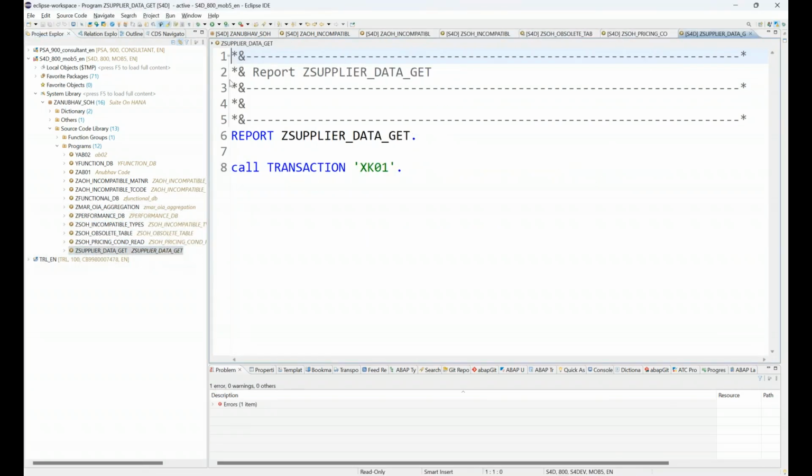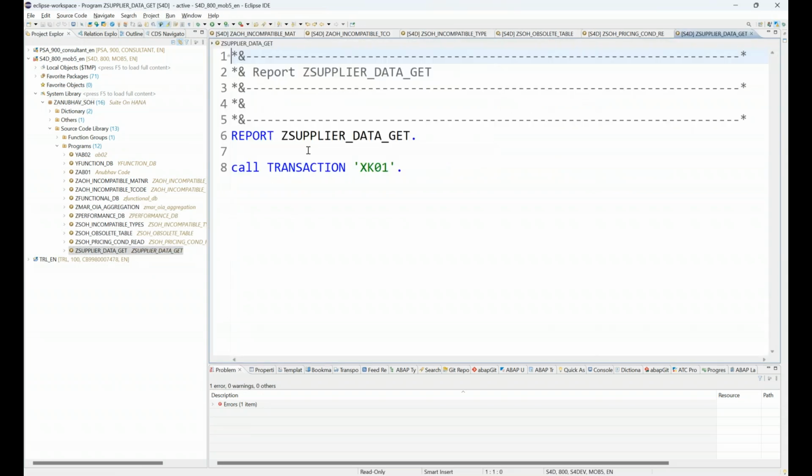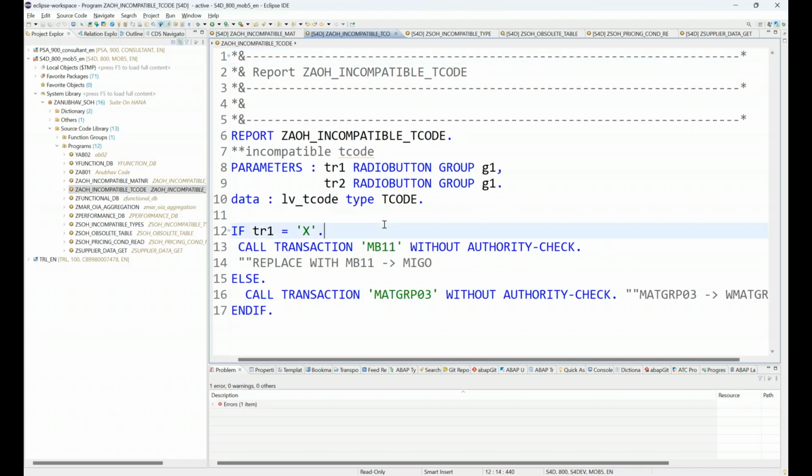So these programs have changes which I've got from real world, from my clients. Now again, it doesn't have my client code. It has very generic, simple code. But that is enough for you to actually start learning and practicing S4HANA readiness check. So now what I will do, I will do readiness check. So by looking at these things, let's say this is a program which has come from